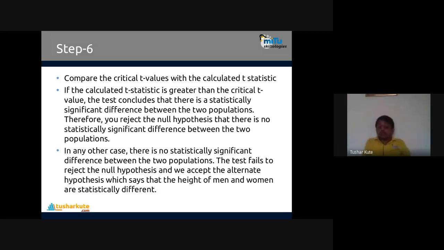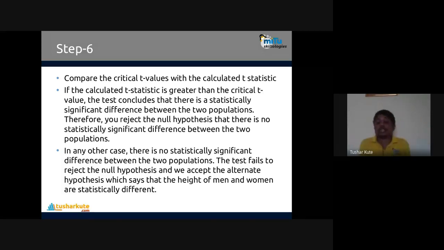That's how the alternate hypothesis can be proved. So the null hypothesis will now be completely rejected, and I will have another hypothesis that the heights of men and women are different. Then, providing the steps one by one, we find the critical t values and use the t statistics, which we have seen. We can compare them, use a confidence interval, and change it to make it more confident.